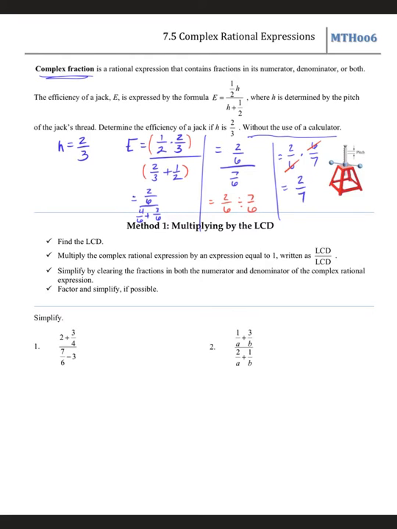Okay, so there's going to be two methods we're going to be looking at when we need to multiply these complex expressions. So the first method we're going to be looking at here is going to be multiplying by the least common denominator. So this is going to be the first method we're going to be looking at, multiplying by the least common